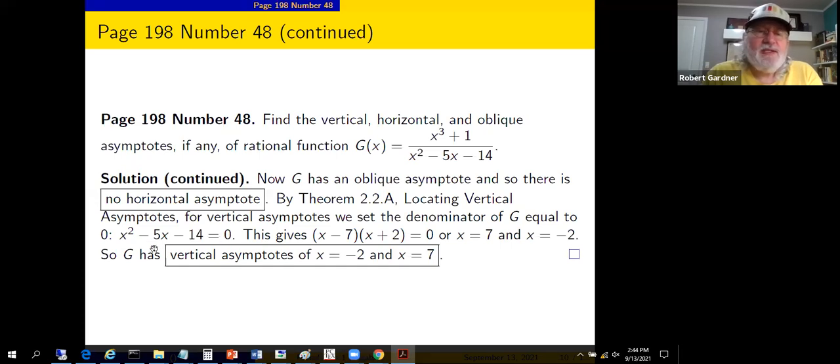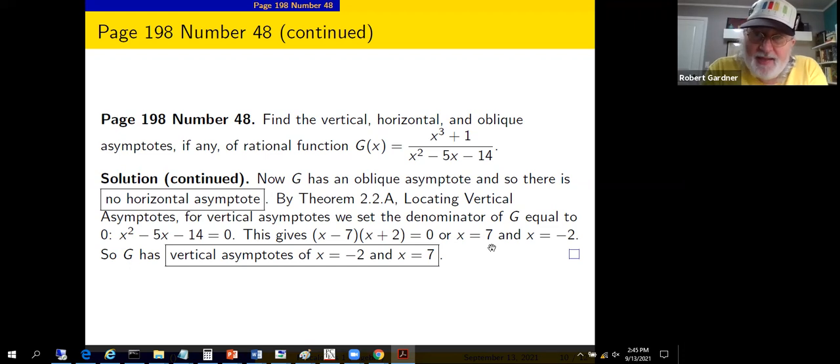So we need two things that multiply to give negative 14 and add to give negative 5. How about negative 7 and positive 2? The product of these indeed is negative 14, and the sum of these is negative 5. So that'll work. FOIL this out, and you'll get that back if you're rusty at factoring. But that factors as x minus 7 times x plus 2 equals 0. So x equals 7 is a problem, and x equals negative 2 is a problem, setting the constituent factors equal